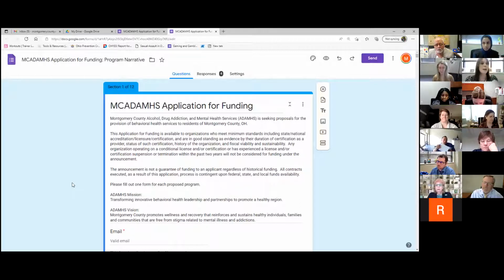Now, many of you have multiple programs within your agencies. For every program, you will fill out this form once. So if you have 3 programs, you will fill out the form 3 times. The services underneath the program, you can put all onto one form, and I'll show you that in a second. But for your programs, you will fill out this form, same link for every program you have. So if I have 3 programs, I'm filling out the form 3 times and submitting.